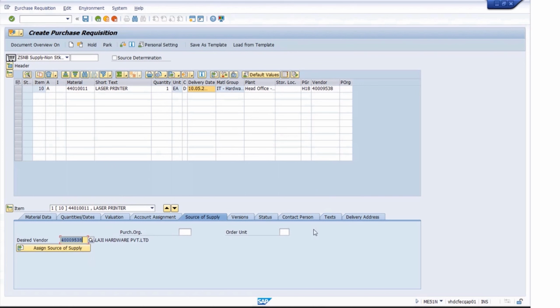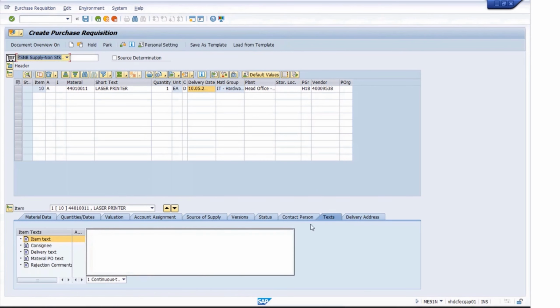Then go to text tab. In this tab, provide the item text here. Suppose I am writing the Brother laser printer and the details. Then go to consignee.